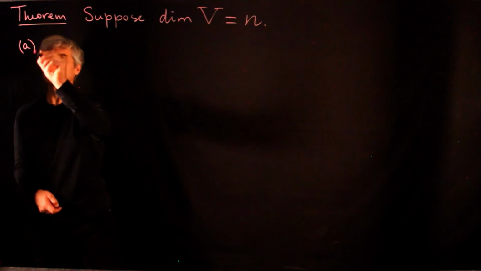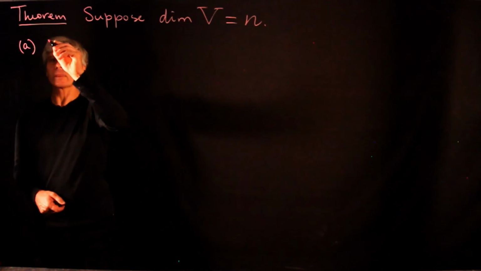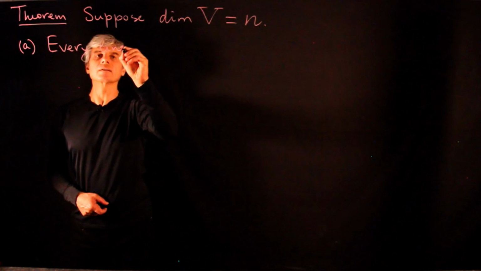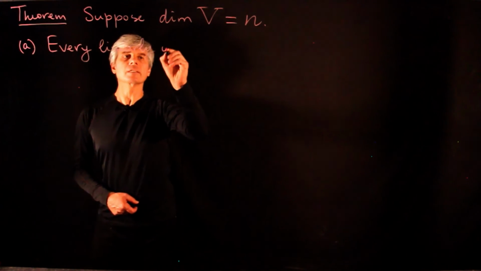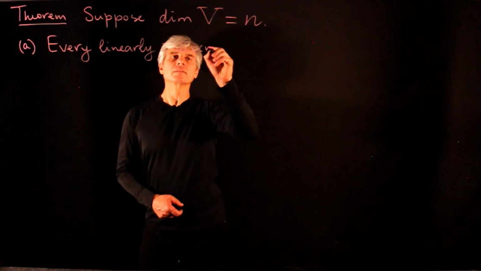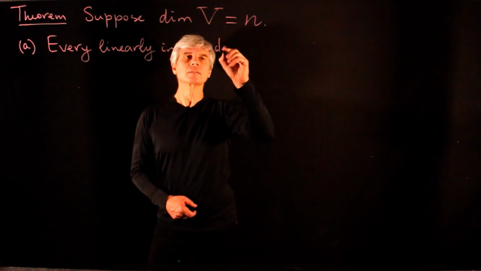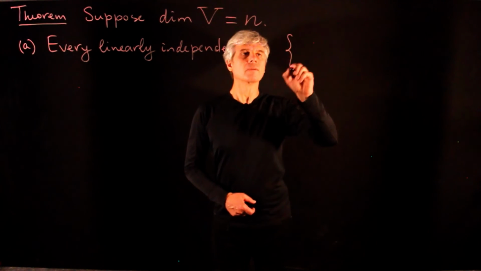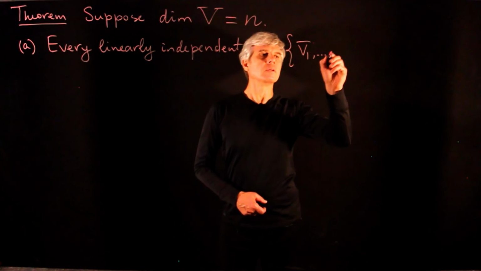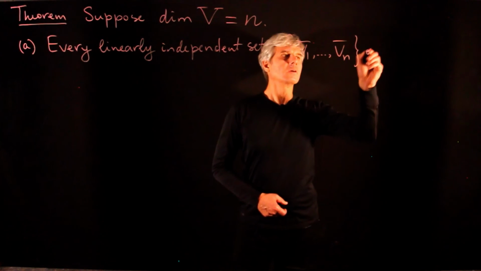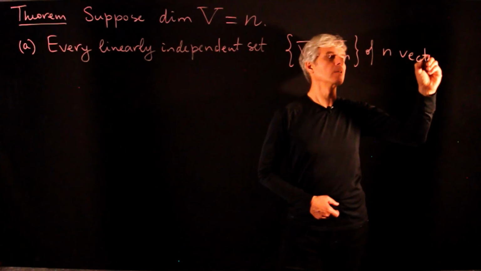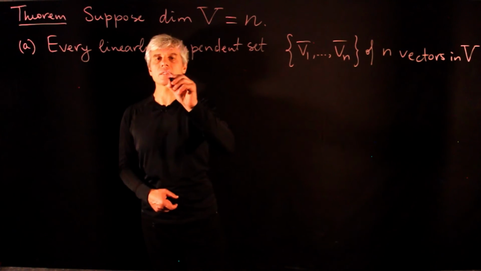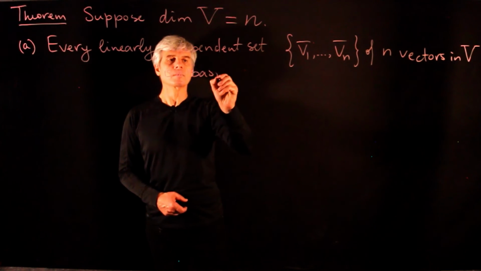Then A, every linearly independent set V1, ..., Vn of n vectors in V is a basis of V,